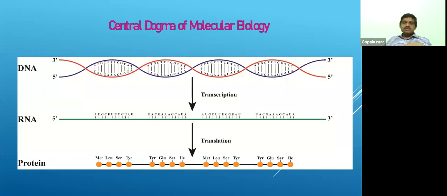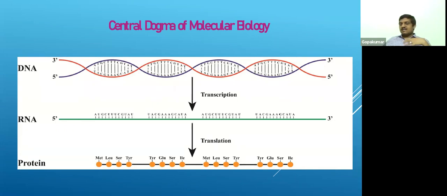Before going into what a virus is and how it works with respect to coronavirus, which we call a biological virus, I think all of you know about these very important molecules of life: DNA, RNA, and protein. DNA is usually a double-stranded molecule made up of 4 nucleotides, A, T, C, G, and RNA is made up of A, C, G, U. Proteins are made up of amino acids. It's a two-step process: transcription followed by translation.